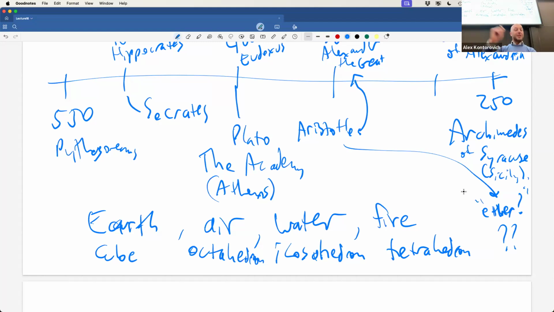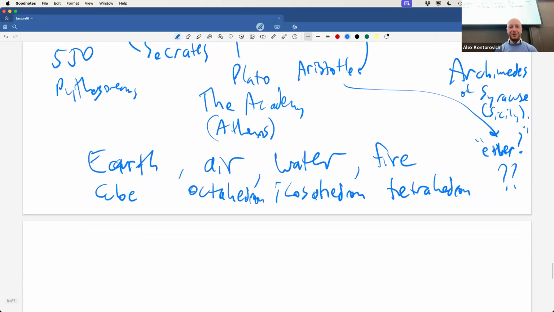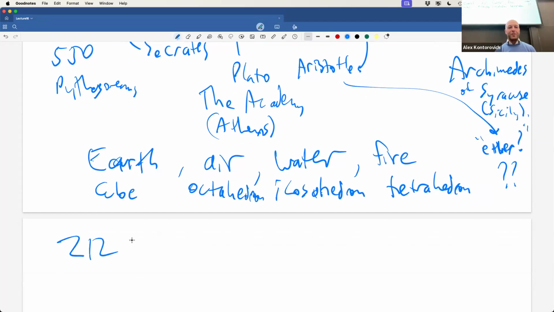Archimedes is not in Alexandria, but because he has this correspondence with Eratosthenes, despite being in Syracuse, he has all the great knowledge that they have in Alexandria and then some. Among the most famous things, this is the only date I actually know, is 212 BC, which is when Syracuse falls to the Romans. So the Romans for years are trying to, right, you got the Greek Empire and the Roman Empire, and this is one of those points of friction. And the Romans are trying to invade, want to conquer. So in 212 is when they finally do conquer Sicily.